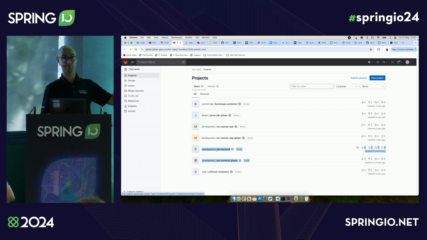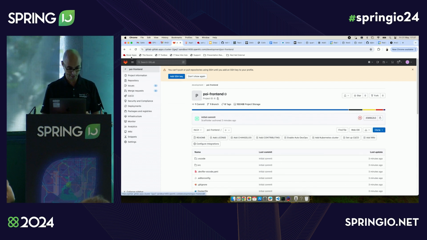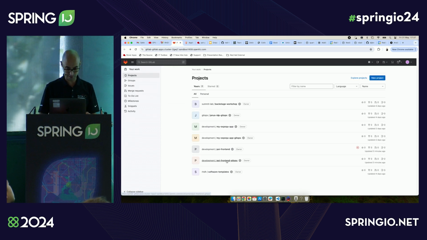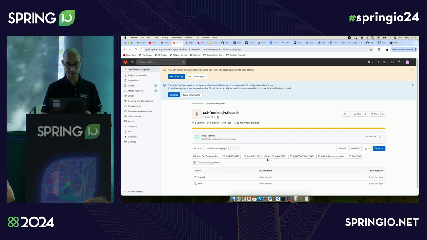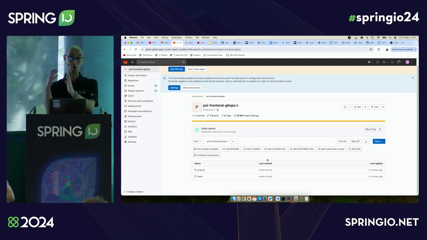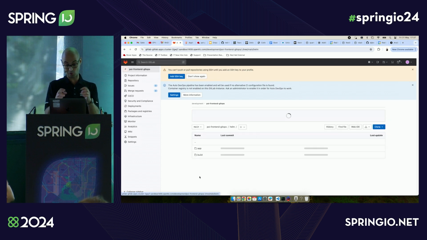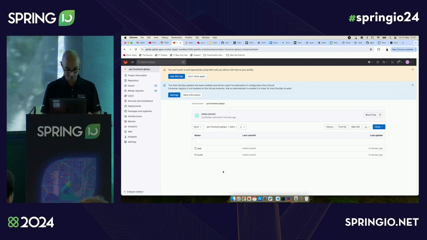The first one is the code. So if I click it here, it's the code, okay? And here is the front end. This is how I'm going to deploy this application, the CI and the CD. And you'll see that there is no placeholder. It's just what you've done. Here for building